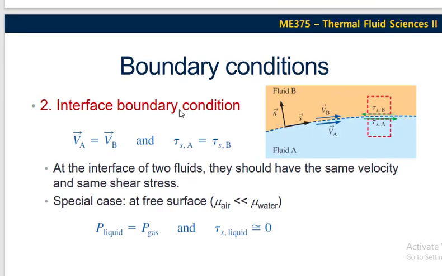Similarly, in the interface boundary condition, which was our second problem that we were discussing, fluids 1 and 2 were given and we have to determine their boundary conditions. You can see that the vector VA represents the fluid A velocity and the vector VB represents the fluid B velocity. Both these velocities VA and VB at this junction point where the two fluids meet will be equal according to the interface boundary condition.